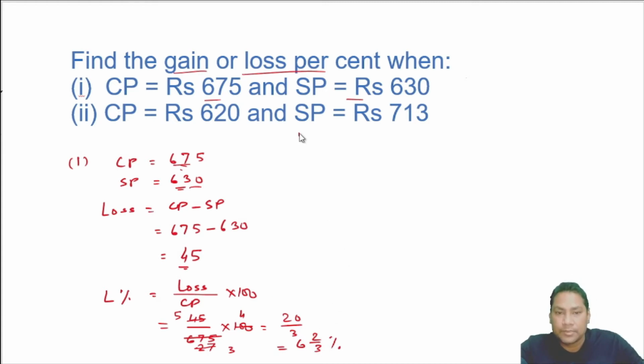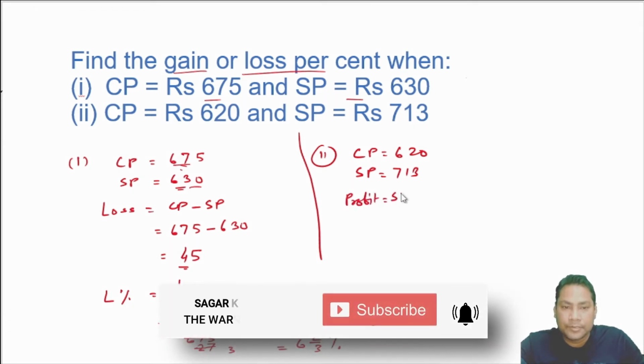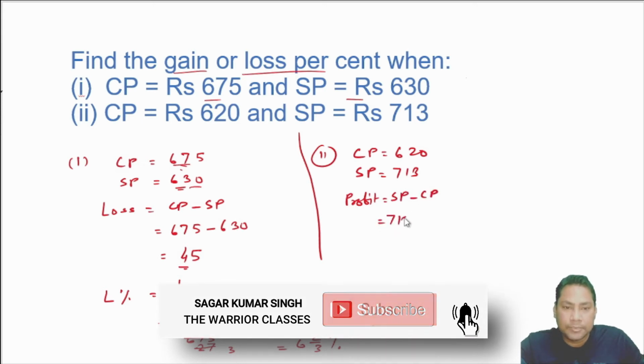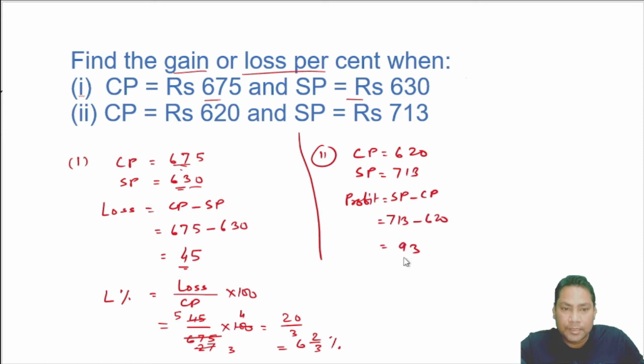Now we will solve the second question. In the second, the cost price is given as 620, selling price is 713. Here the selling price is more than the cost price, so there will be profit. Profit is selling price minus cost price, 713 minus 620, this will become 93. Now the formula of profit percentage is